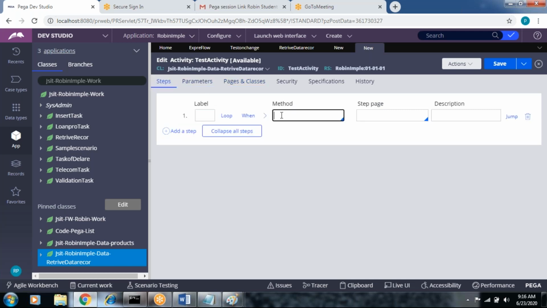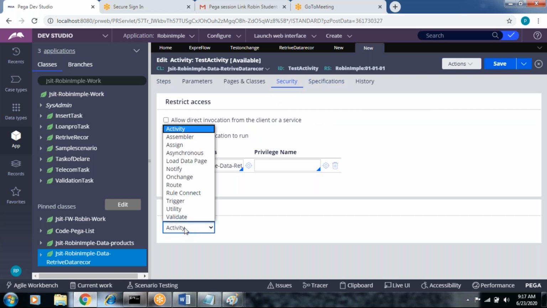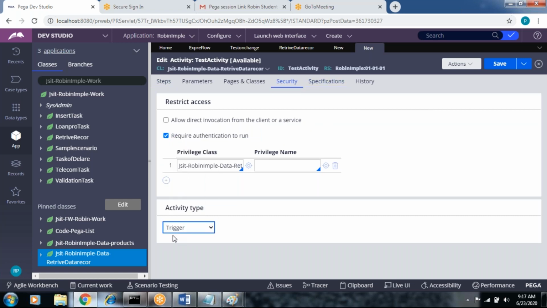Let's come back to the steps. If you want to create the page in the activity, we have page new. We can just name it trigger page. Just observe the functionalities. I told you, whenever applying the trigger on change, in the trigger we can mention the activity type, which should be trigger only.